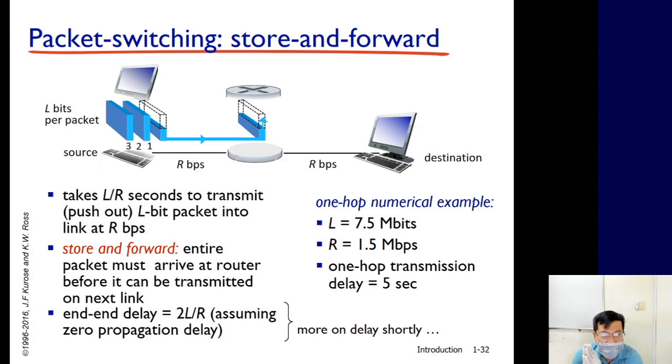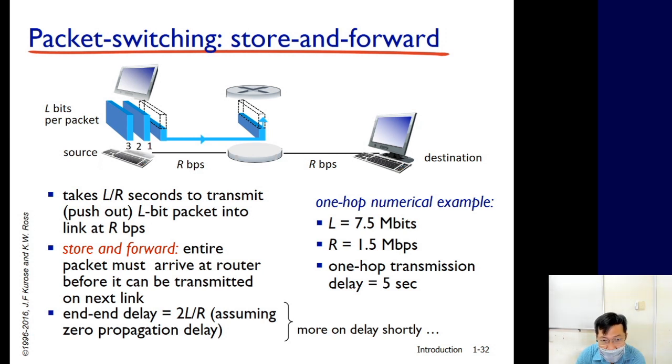Let's see an illustration for packet switching. A host sends a message to another host, the destination, via a router. The sending host builds a packet of L bits and sends it onto a link with capacity R bits per second. The store-and-forward mechanism uses entire packets. The packet has to arrive entirely at the router before it can be transmitted to the next link using the forwarding table. Once the L bits are received completely, the router processes the packet,